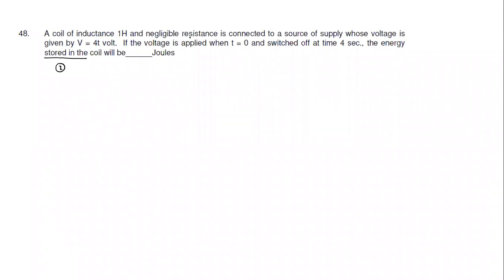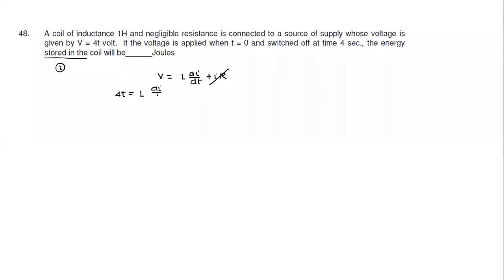The inductor, with negligible resistance, is connected to a source of supply whose voltage is given by this. See, how do we write Kirchhoff's loop rule when both inductor as well as resistance are there? We write like this. If resistance is negligible, this term is negligible. So V is equal to whatever applied voltage. This entire voltage will be equal to the EMF developed in the inductor. So that's the equation. So V equal to 4T is equal to L